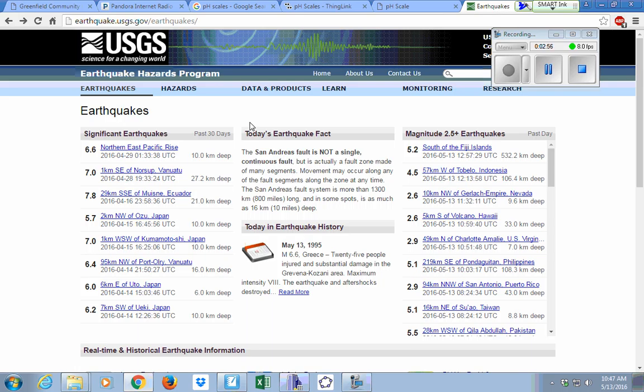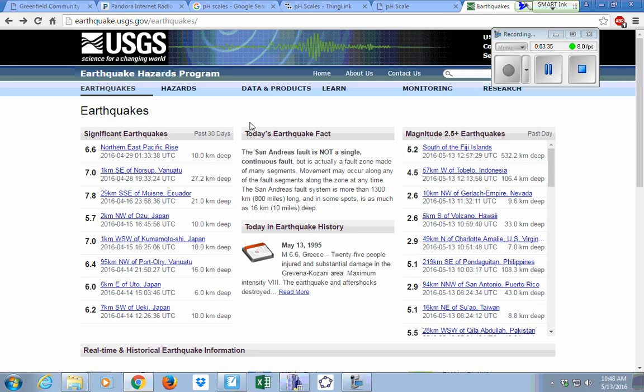And over here in this column, they have earthquakes within the past day, earthquakes at a 2.5 or more. So they're using 2.5 as some kind of cutoff point, and it must be that more than 2.5 is worth noting. And you can see the Fiji Islands, today's the 13th, so this just occurred. And then this is kind of a nice site because it says today in earthquake history. So they mentioned back in 1995, there was an earthquake magnitude of 6.6 in Greece.